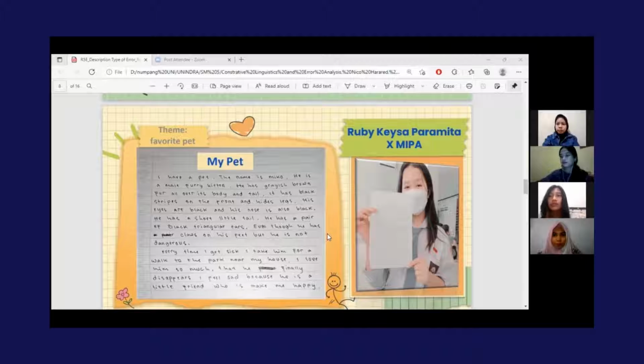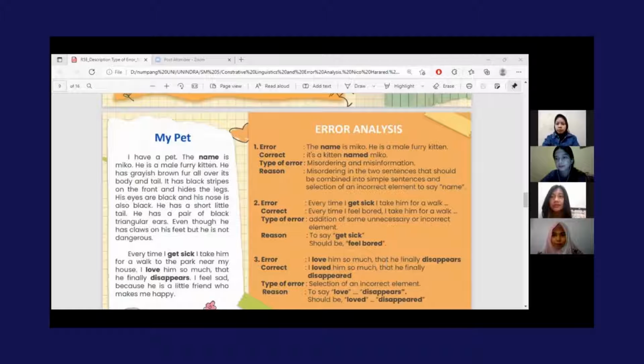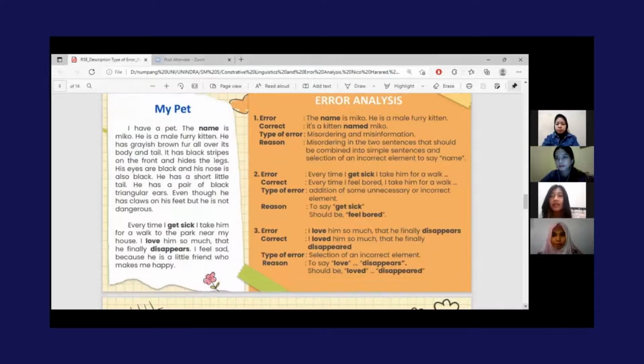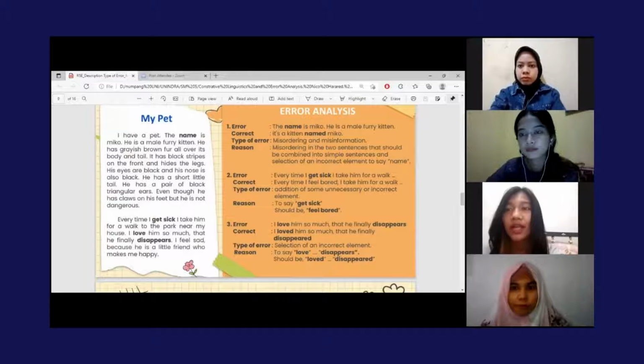Okay, now I want to tell about the paragraphs. This paragraph was written by Ruby Kesha Paramita, and the title is My Pet. Next slide. In this paragraph, there are 3 errors, and I want to explain 2.